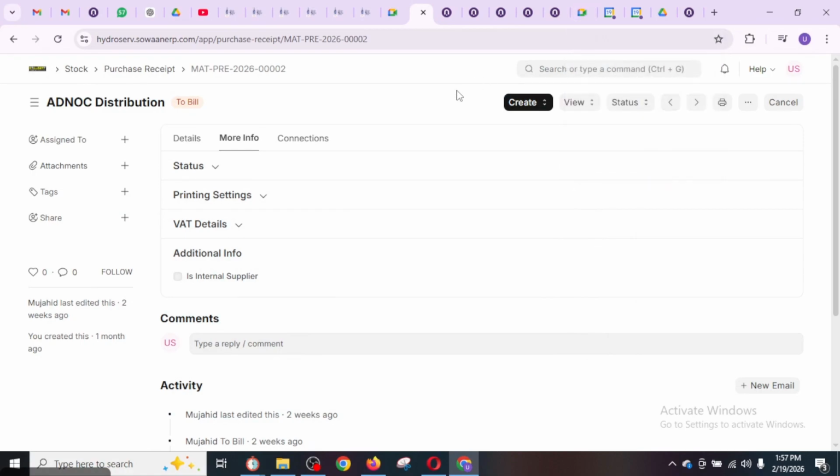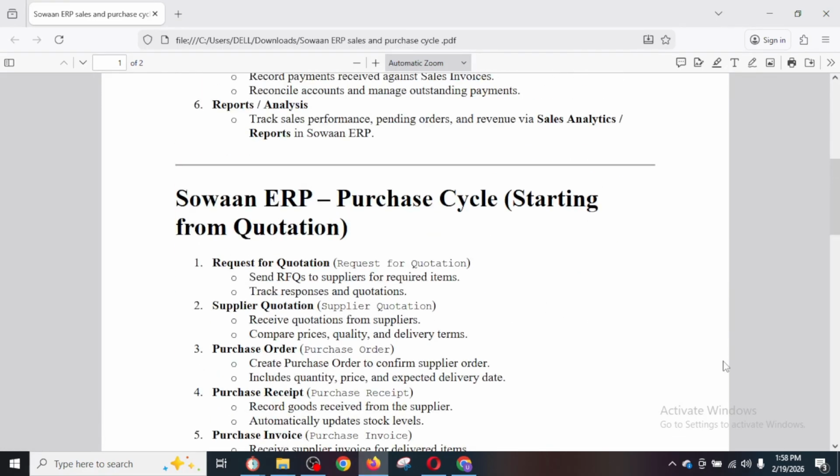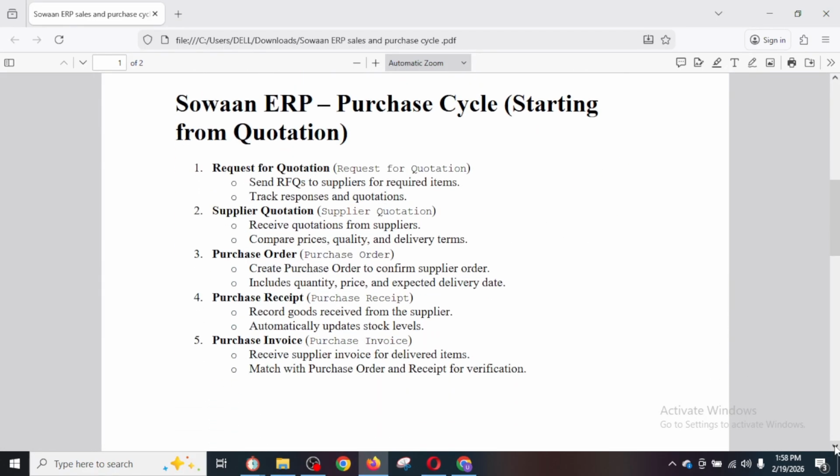I'm from Swan ERP, and today my topic is to discuss the purchase receipt document. As we all know, there are questions about what a purchase receipt is and what things we should consider before having one. A purchase receipt is actually linked with the purchase cycle. So I have made a sample document for you showing how a successful purchase cycle runs in Swan ERP and where the place of the purchase receipt is in that whole cycle.